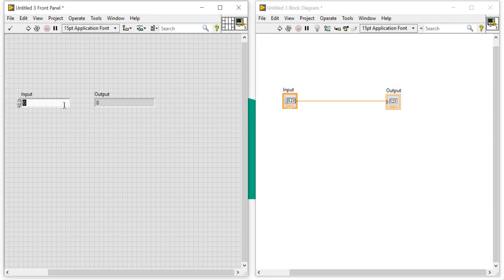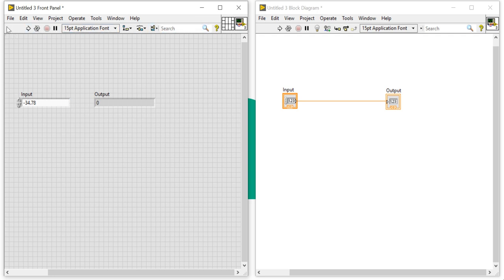Now whatever value I write here, after I run the program, it will transfer that value from my input to output. Look here, minus 334.78. Run. So how can we run?